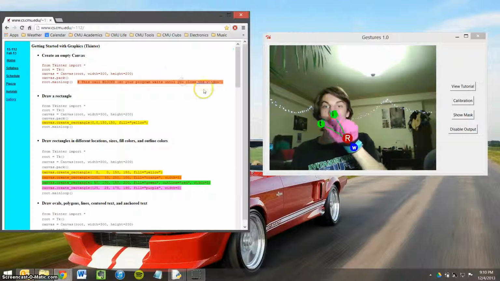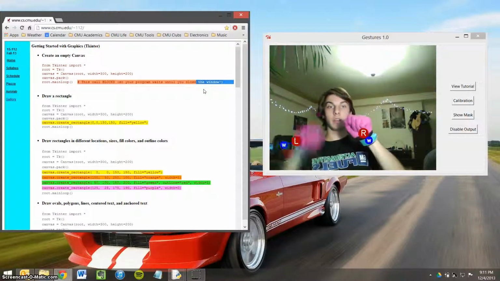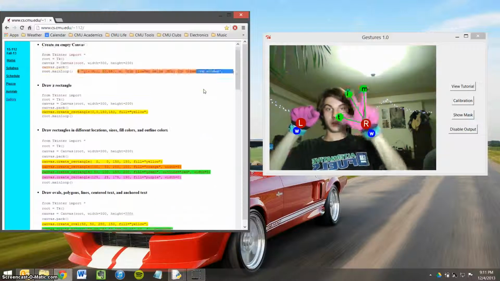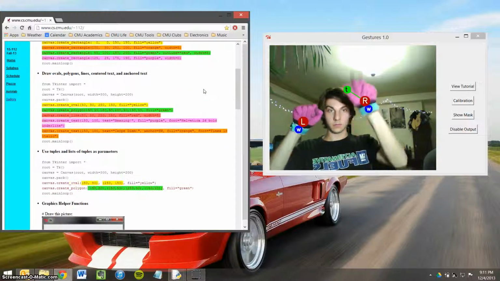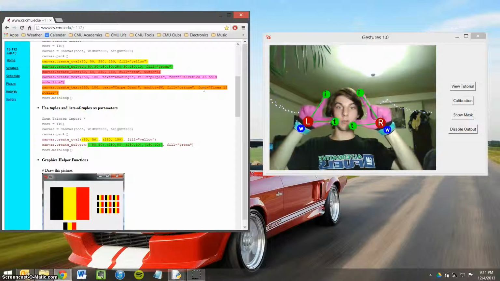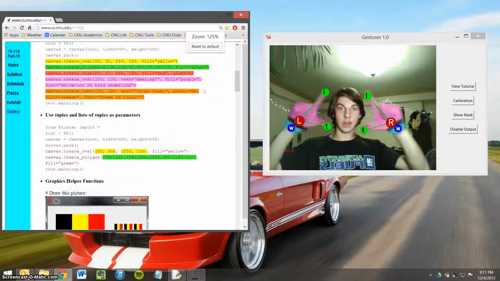And what other gestures do we have? If I show both hands and show 3 fingers, I can scroll vertically. And if I want to zoom, I put both fingers up and go in or out, and that actually zooms in